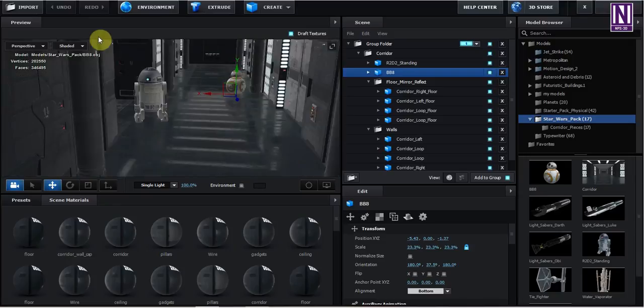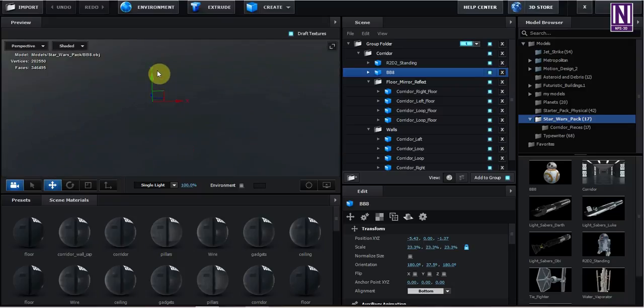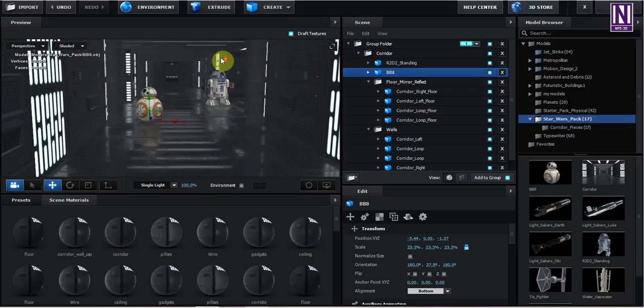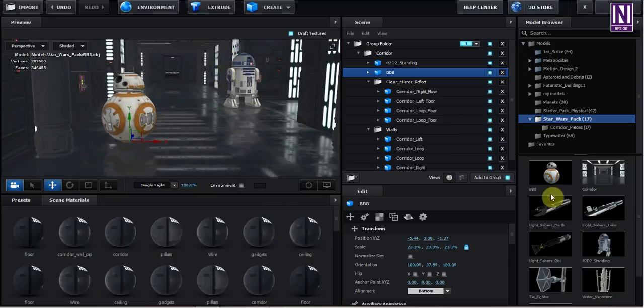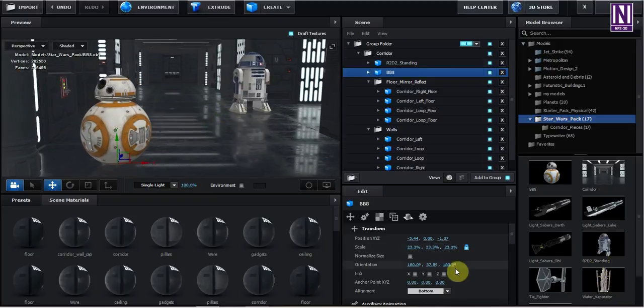After that, here, rotate it here. I use the BB-8 and the R2-D2 standing and the optimize mesh. That's it.